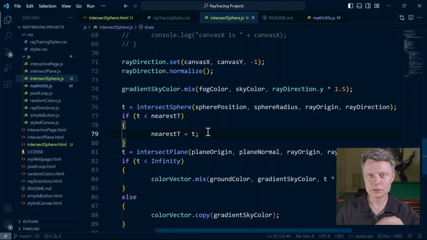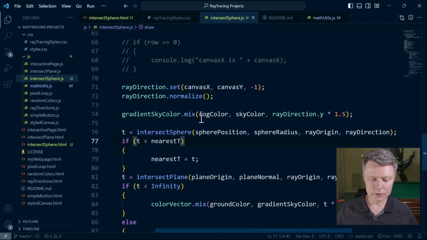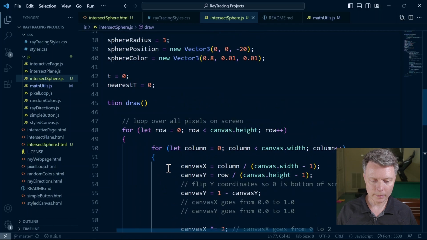And so you just go down the list of all your objects in the scene and see who has the winning t value. But in order to do that, you have to keep updating the winning record. So this is what that's doing. So nearest t is now equal to the t that we got back for intersectSphere. And that brings me to another important point, is that this nearest t right now is uninitialized. We just set it to 0 up here,